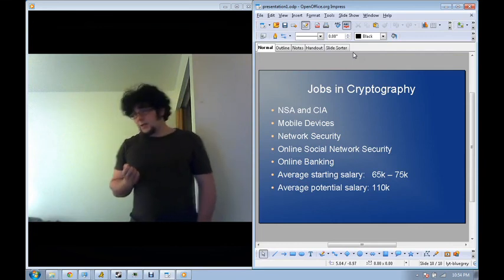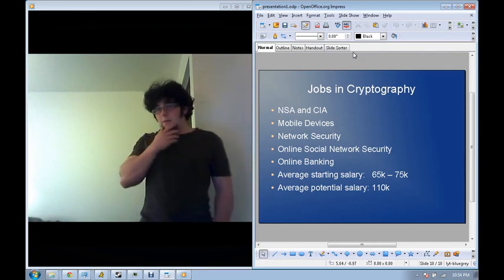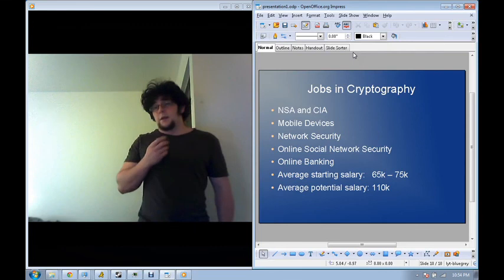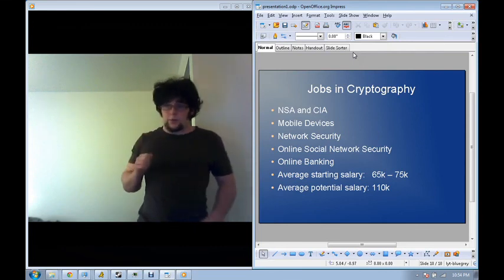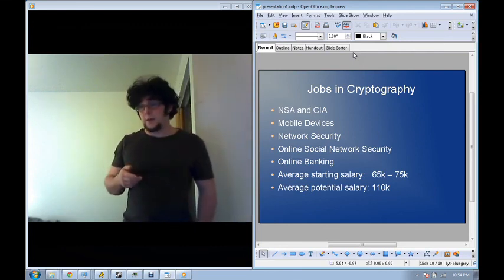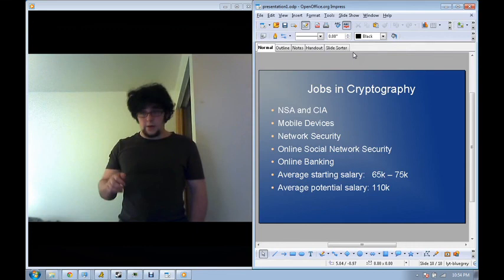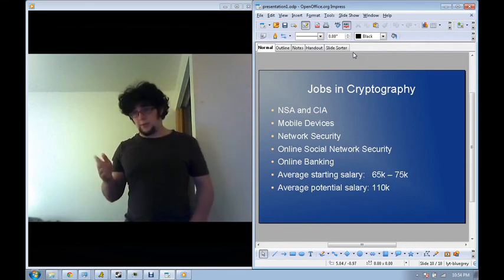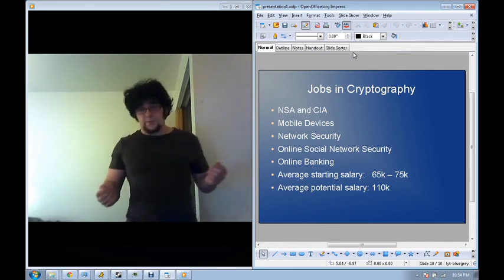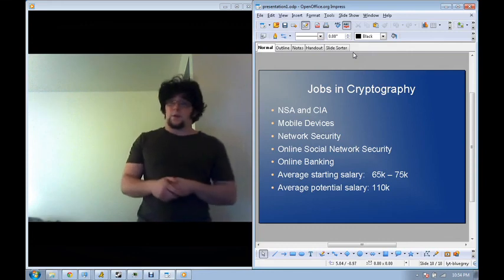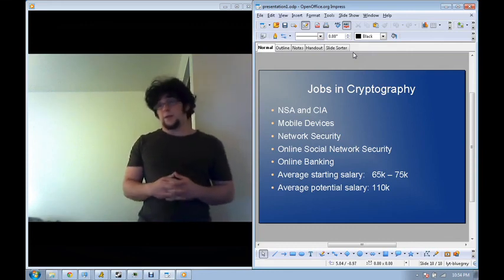But it's actually a little deceiving, because the NSA and CIA are the largest employers of cryptographers, and those are both public sector jobs. And public sector jobs usually mean a lower salary, but better benefits, better pension plan, better job security. So it's a fair trade-off, and cryptography remains a viable and appealing career choice for